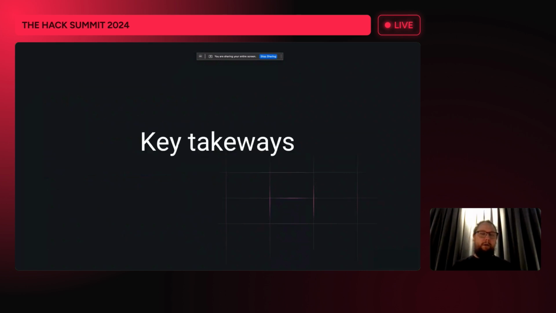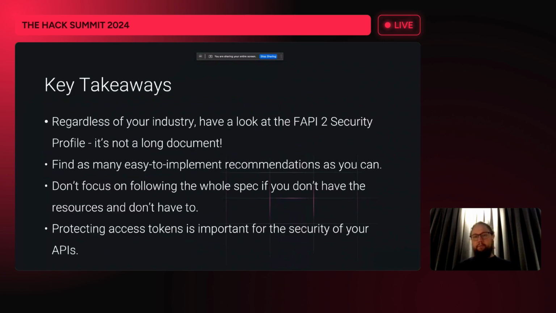So some key takeaways from this talk. I think the most important one is that you shouldn't discard any solutions only because they are named with a type of industry that you're not working with. Only because financial grade APIs were called financial grade, it doesn't mean that they don't have some solutions that are